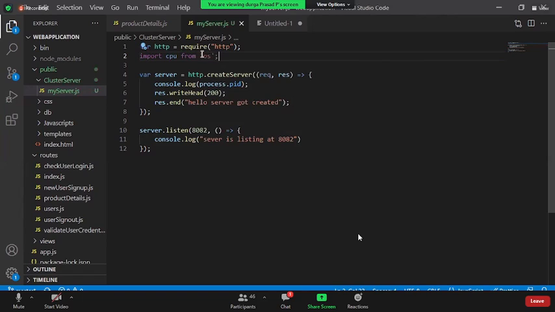Okay, there is a module called OS, and you're going to import the CPU module from it.